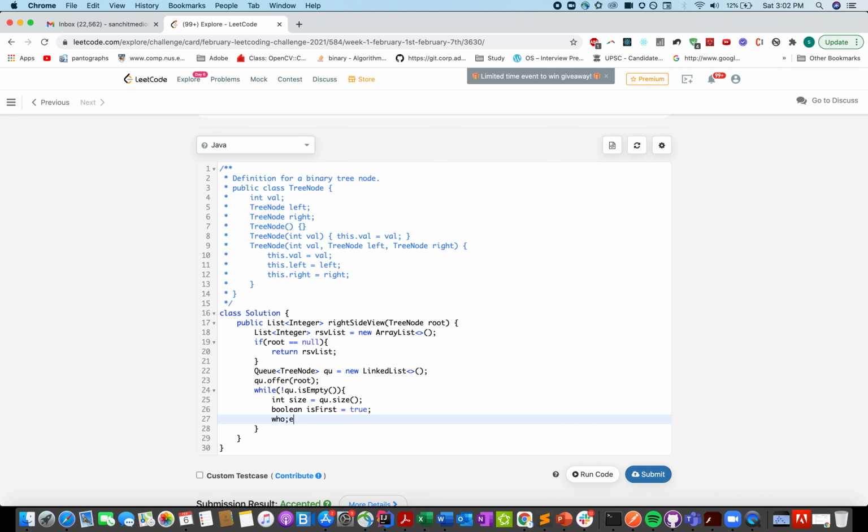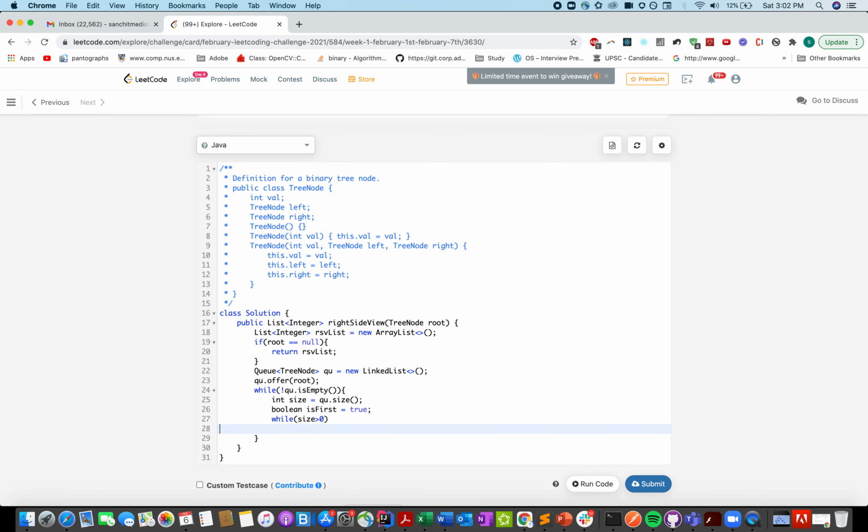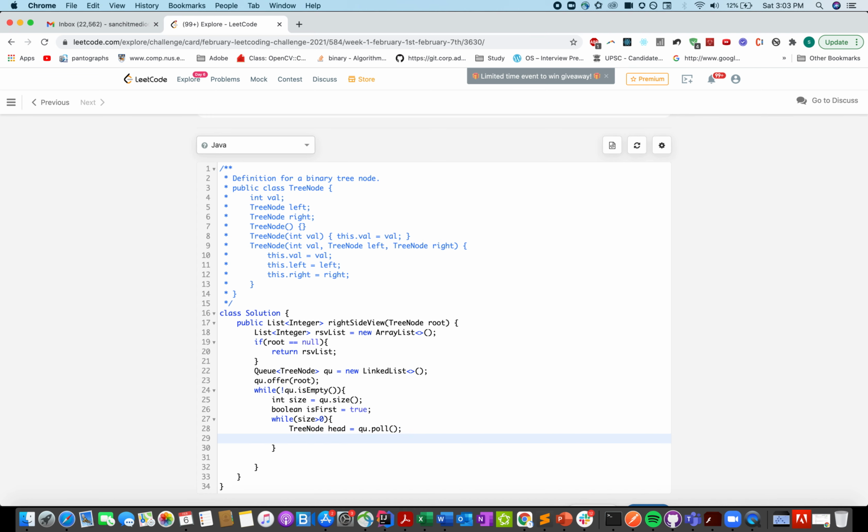And while size is greater than 0, let's pop out the topmost element of the queue, and if my isFirst is true, that means it's the first element at that level. I'll add it in my answer, RSV list dot add head dot val, and I'll update this variable to false.